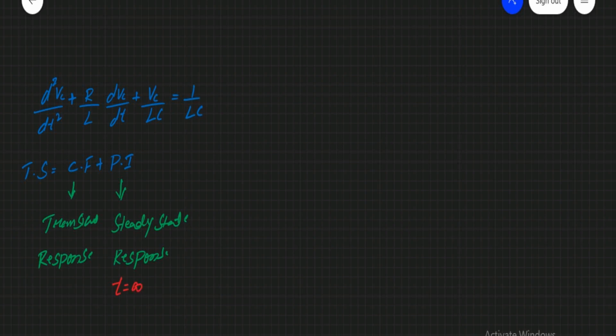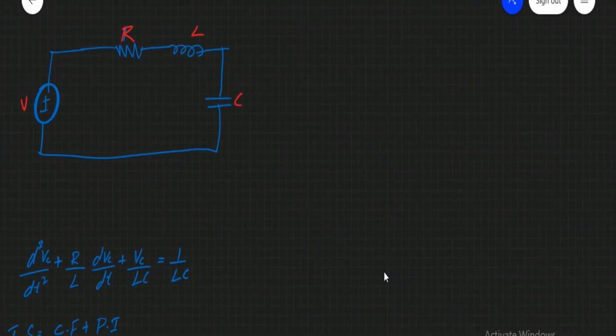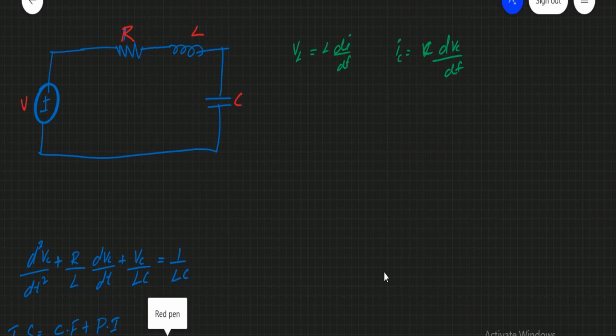So let us consider this circuit. For the inductor, the voltage across the inductor VL is equal to L into di by dt, and the current through the capacitor IC is equal to C into dVc by dt. So this is your voltage across the inductor and current through the capacitor. If t tends to infinity,